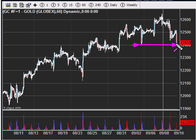So we're still above that right now, but there is this huge congestion area right through here. So this is going to act as support, which is where it's trading. It's just trading at the top of that now. So really, unless we break this 1234-ish area, which is where we happen to go long over here, then I think we've got a downtrend